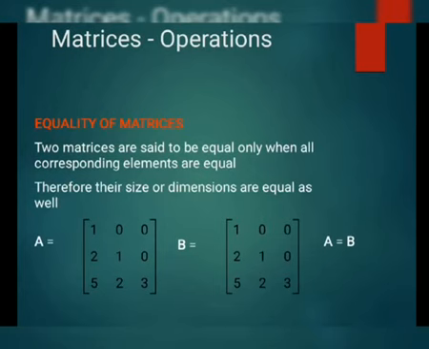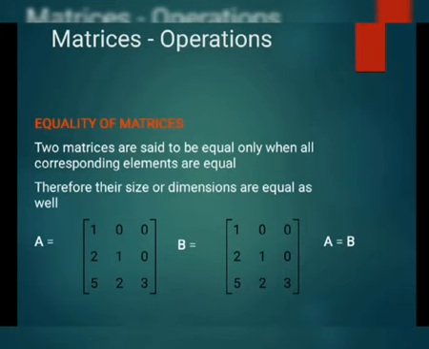If we look at this example, you can better understand the equality of matrices. Now look at this example. We have two matrices, A and B. In the first matrix, see the first element is 1, and in the other matrix, the A11 element is again 1. Again, the second element of matrix A is 0, and their second element is 0. The third element is 0, again the same. So we can say that all the corresponding elements of A are equal to the corresponding elements of B. So we can say that both the matrices are equal.